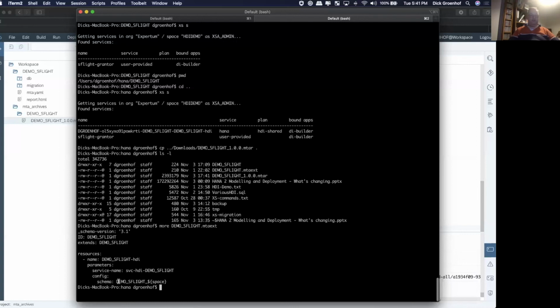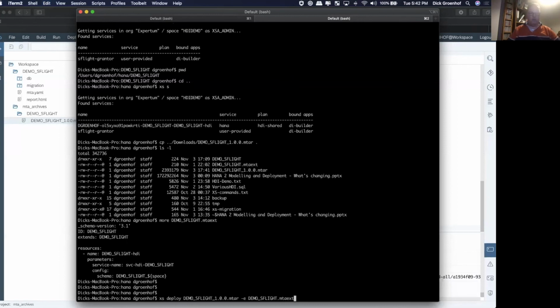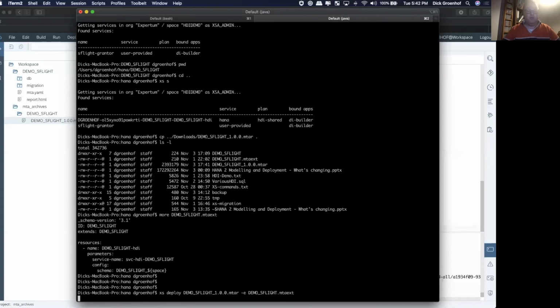For instance, what I've chosen to do here is, instead of using the demo sflight as the schema name, which was the default, I've added a $space variable here, which will add the name of the current space where we deploy to the name of the schema when I deploy it. So I'm going to run, let me see, oh, this is annoying. You don't see this, there we go. I'm now going to deploy,